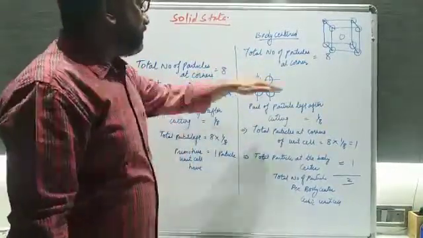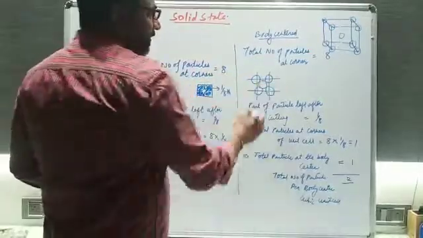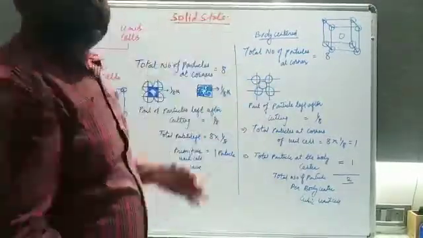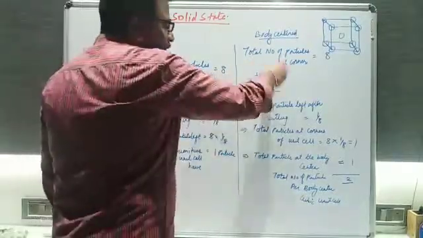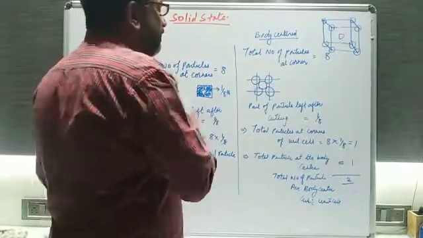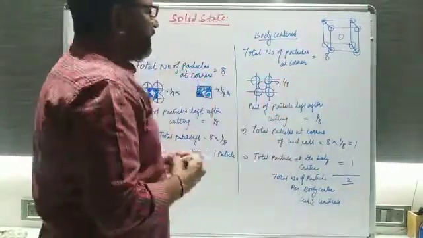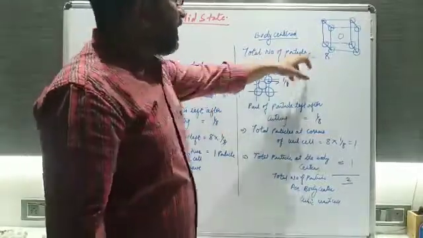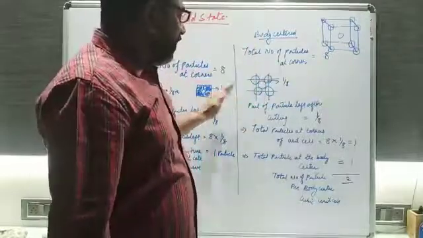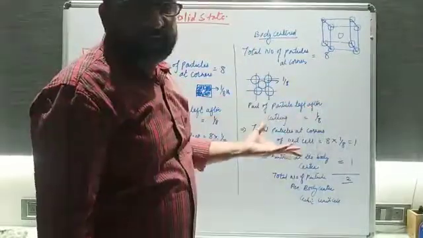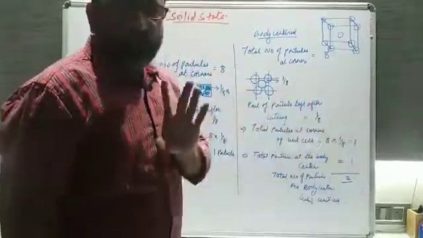Is it clear, students? So here you see that if you cut all the balls, but leave behind only the center, because the knife will not be moving towards the center. Is it fine? So it will be cutting into the corners of the particles. After cutting, how much portion is left behind? That is 1/8 part. So the total of the particles at the corner of the unit cell will be equal to 8. Now after cutting, how much part is left behind? That is 1/8. Then the total number of particles at the corner will be 8 into 1/8, that is equal to 1. Is it fine?